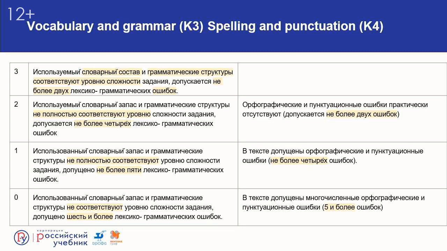And there are no more than 4 language mistakes. As for band 1, no more than 5 language mistakes. And as for band 0, the language is too simple from your point of view, and there are 6 or more language mistakes. Now, as for vocabulary and grammar, we give 2 points for no more than 2